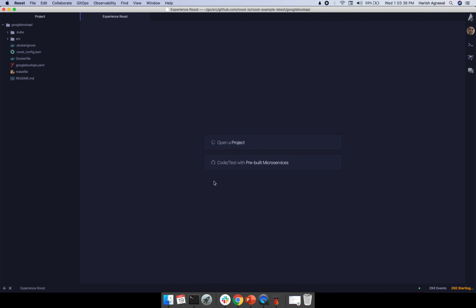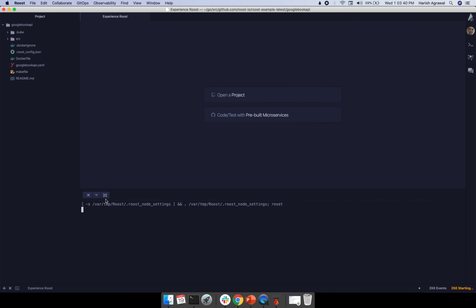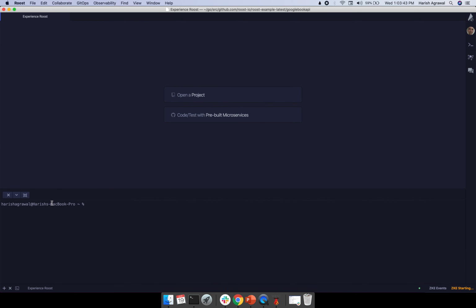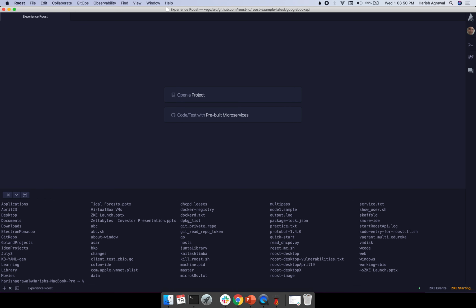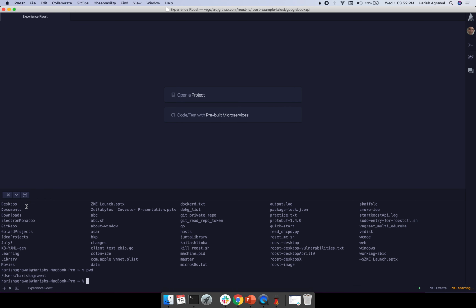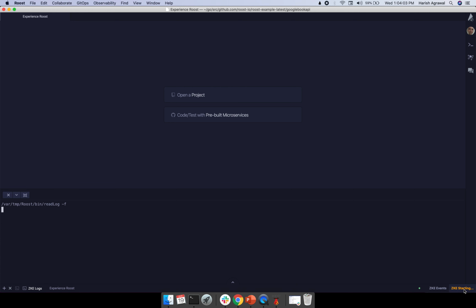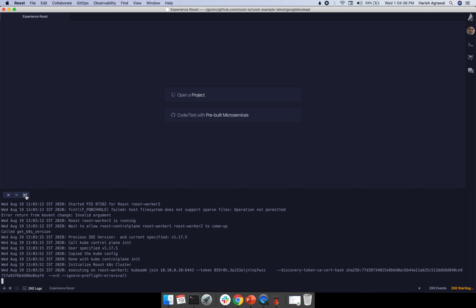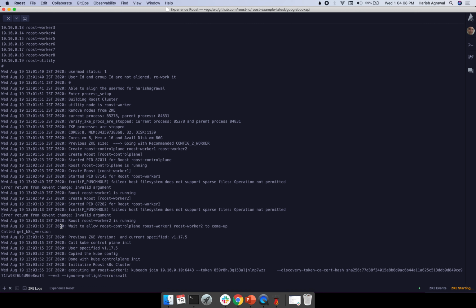We also see in the bottom bar that there is a plus icon which opens a Roost terminal. This is a terminal to the local operating system. So since I'm on a MacBook, here if I check, it's a Darwin terminal. It's providing me access to my file system. In addition, we see there is a status of the Jitabytes Kubernetes engine being reflected here. This is a clickable label, so if I click on it, it also shows me the streaming logs.